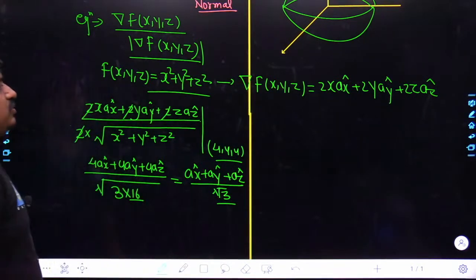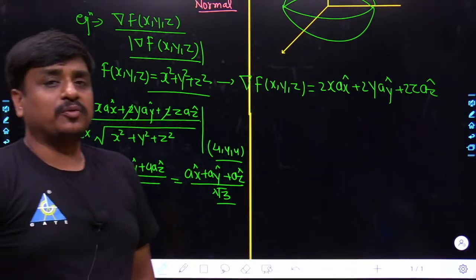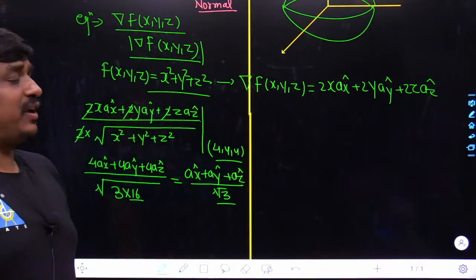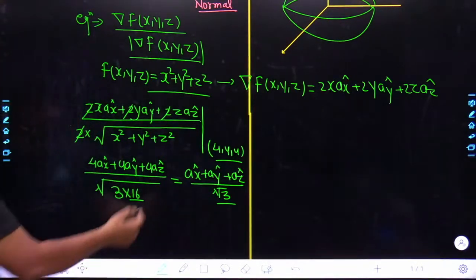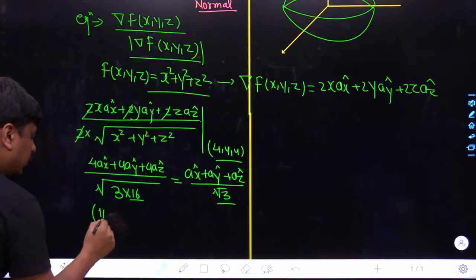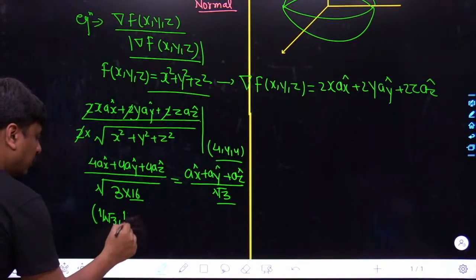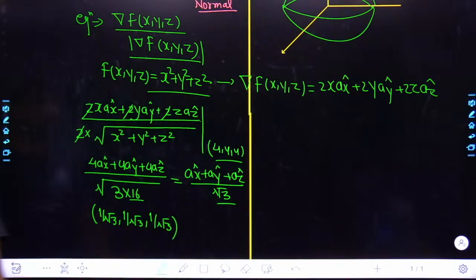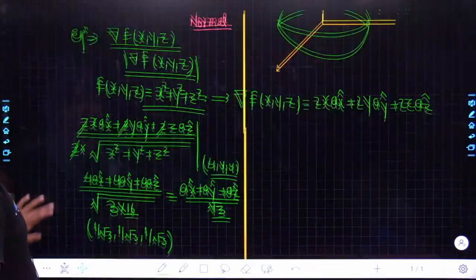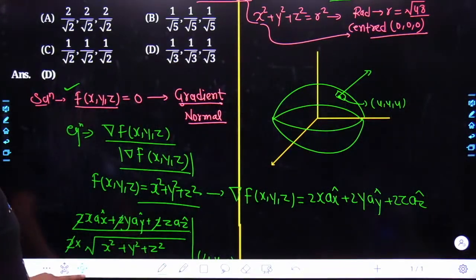And if you are searching for the unit normal at the point (4, 4, 4) of the spherical surface x² + y² + z² − 48 = 0, obviously the unit normal is 1/√3 in the direction of ax cap, 1/√3 in the direction of ay cap, and 1/√3 in the direction of az cap. So what would be the best answer? You yourself would be able to judge. The best answer would be